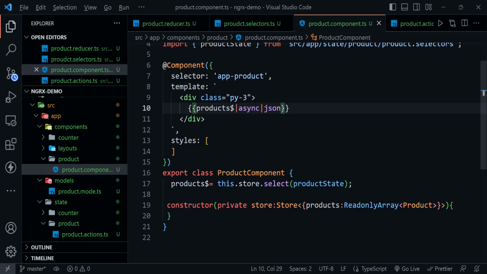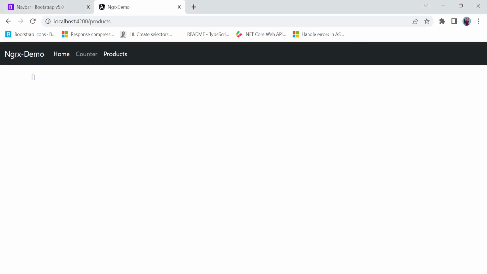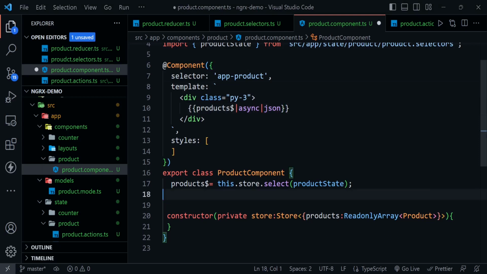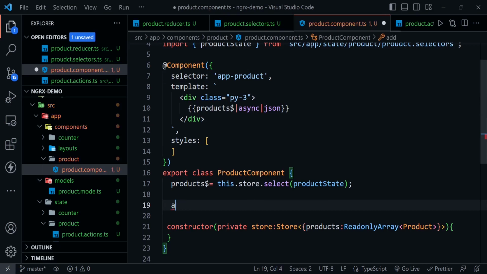So let's see, are we getting any error or not? So initially we have a blank array, which is fine till now. So let's create a method here, add. But first let's create